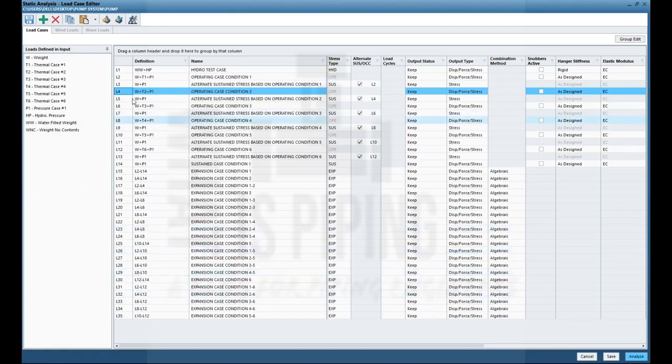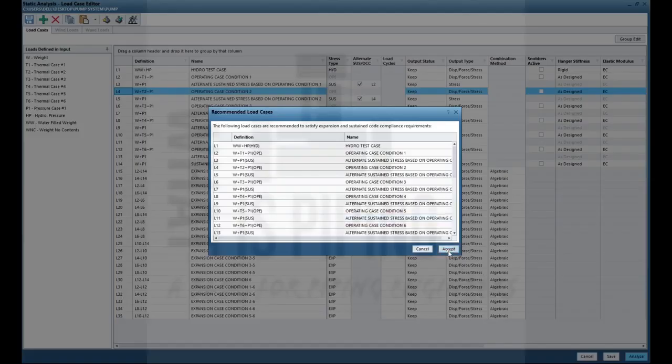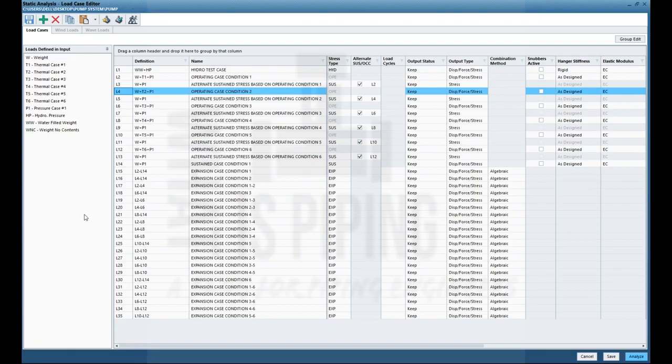Now these are the minimum basic load cases that CAESAR II is recommending for this system to analyze. Based on that, these minimum load cases we must create and the analysis must be performed. But there could be various other load cases based on our project specification or flexibility specification, like normally wind or seismic cases are required to be analyzed for most of the system. So we will be showing how to define those wind and seismic load cases.